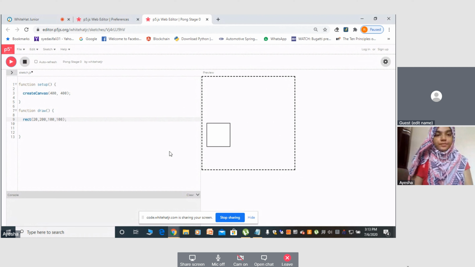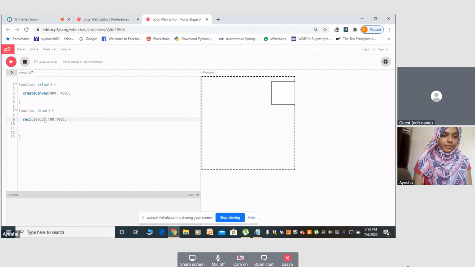It changes position. It moves towards the left. Now, when I increase it and run, what happens? It goes to the right side. Yes, so that means it is moving along the horizontal direction, that is along the x-axis. So the first value is the x position.